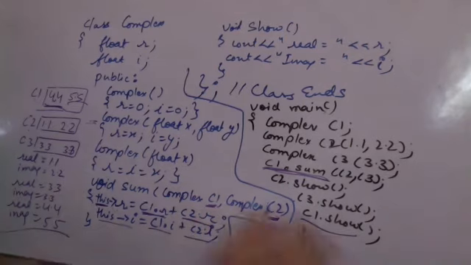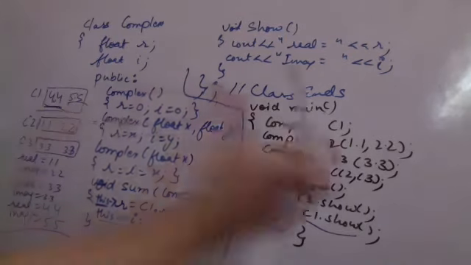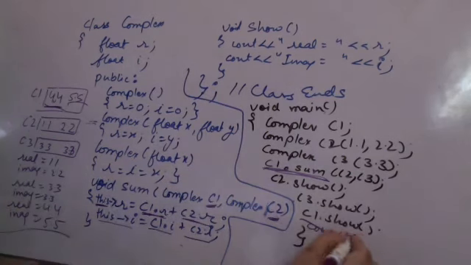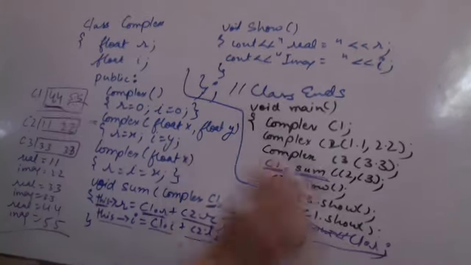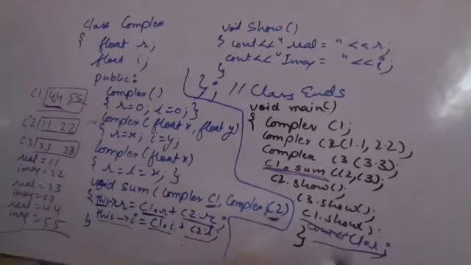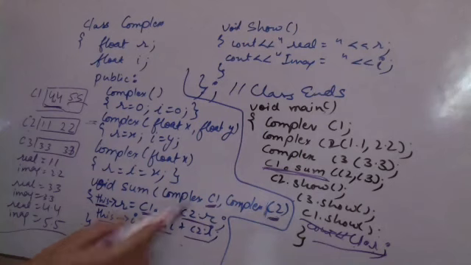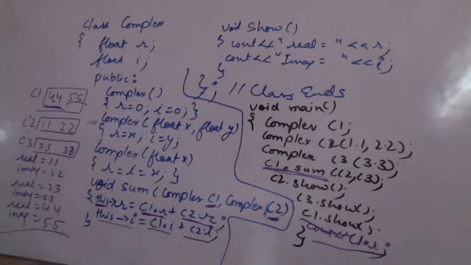If here I try to say cout c1.r, then it is going to give me an error. If I am trying to print c1.r from outside the class, then I cannot access private members using the object of the class. This is not allowed. But within the class, I can use any members through any object of the class.